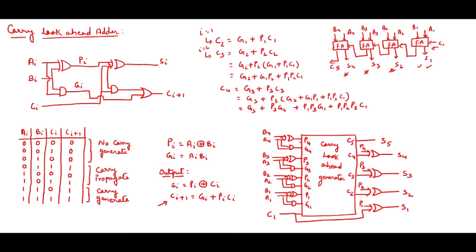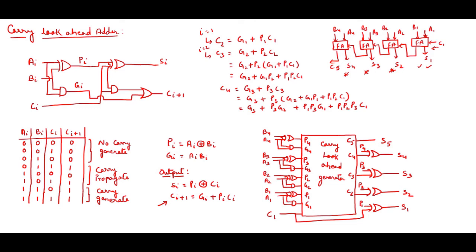So directly I have given the IC structure over here, or from this equation you can design the circuit by yourself, right? So you can see over here C1 is given into the IC, as well as Cn is bypassed from the IC to give S1. S1 is what? P1 XOR with C1. You can see the equation S1 equals P1 XOR with C1, okay. What is P1? P1 will be nothing but A1 and B1 through an XOR and AND gate. I have given the XOR and AND gate over here. When you design the circuit, you will find this one.